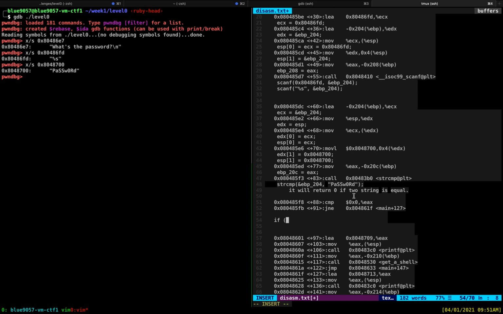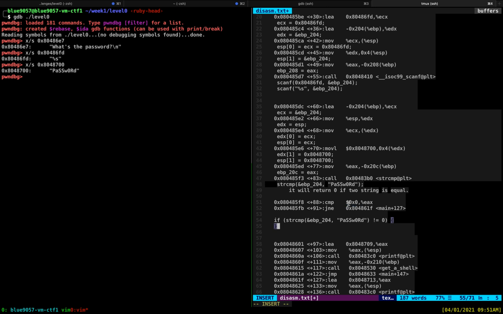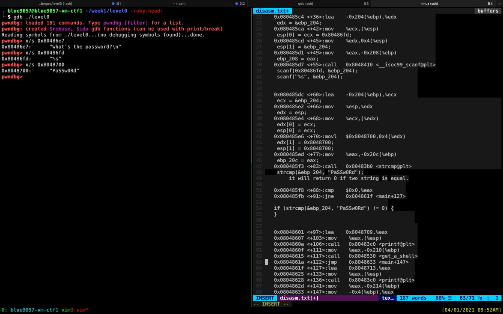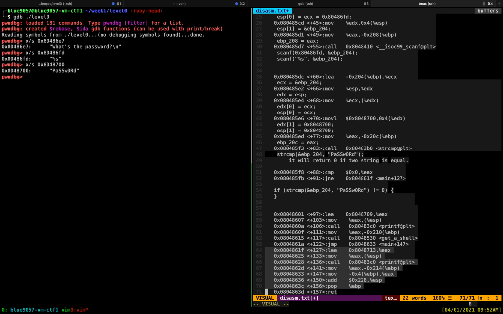So we see the compare instruction here, and EAX is the result of the string compare, so we can rewrite these instructions as C code: EBP minus 204 and PASSW0RD is not equal, because it's jump not equal, right? And the value it was compared to was 0, right? And then jump not equal says it will jump to main plus 127, so we will get main plus 127 till the end